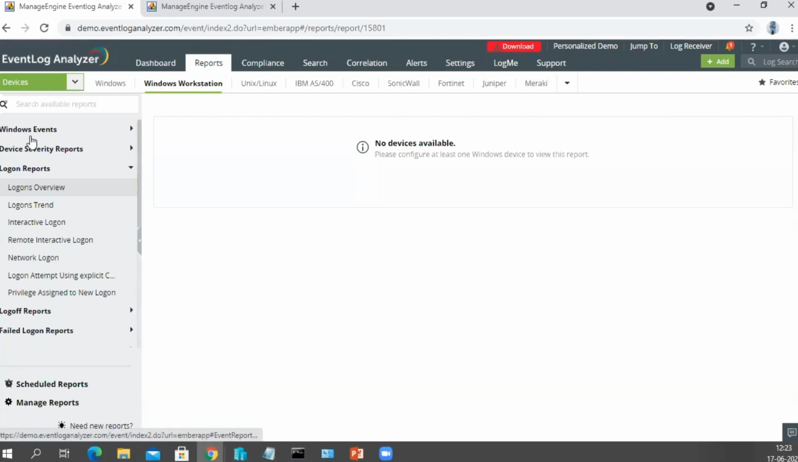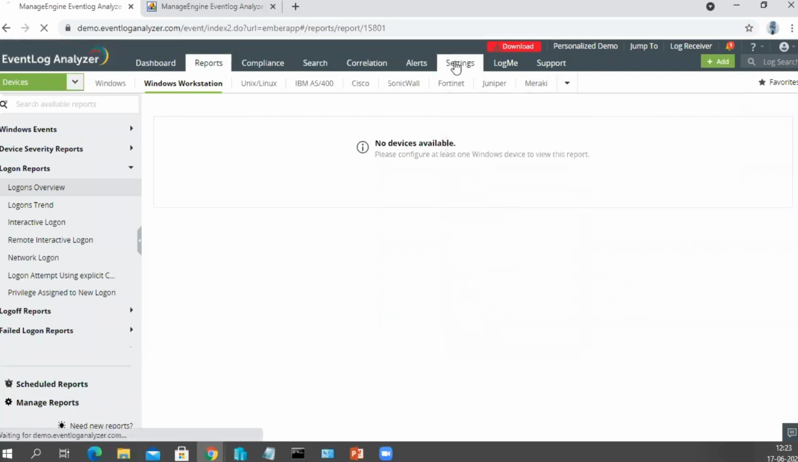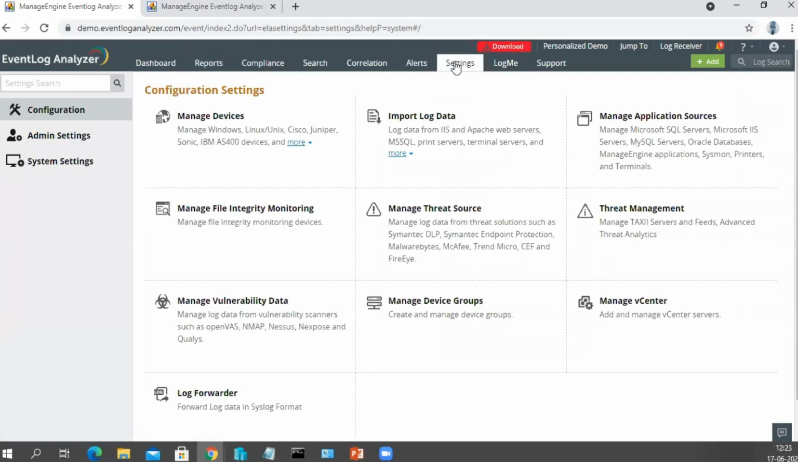So the intention of having this functionality is to track every single change that has happened in the workstation. Apart from this, we have included a lot more new devices to the event log analyzer, including the Storm Shield, H3C, Firepower. These are all some of the devices that we have included, which is supported by default. And with that said, I would like to emphasize that even the device which are not available in this category,